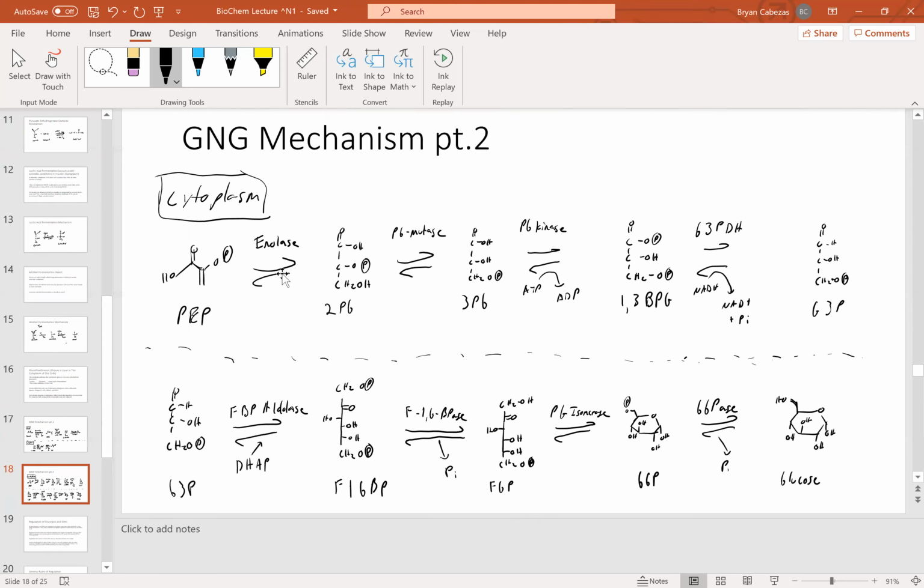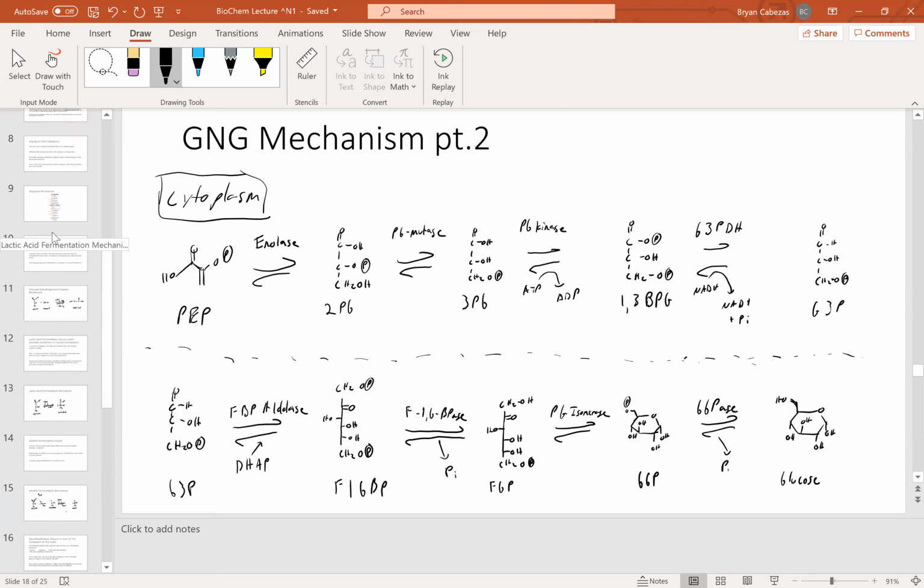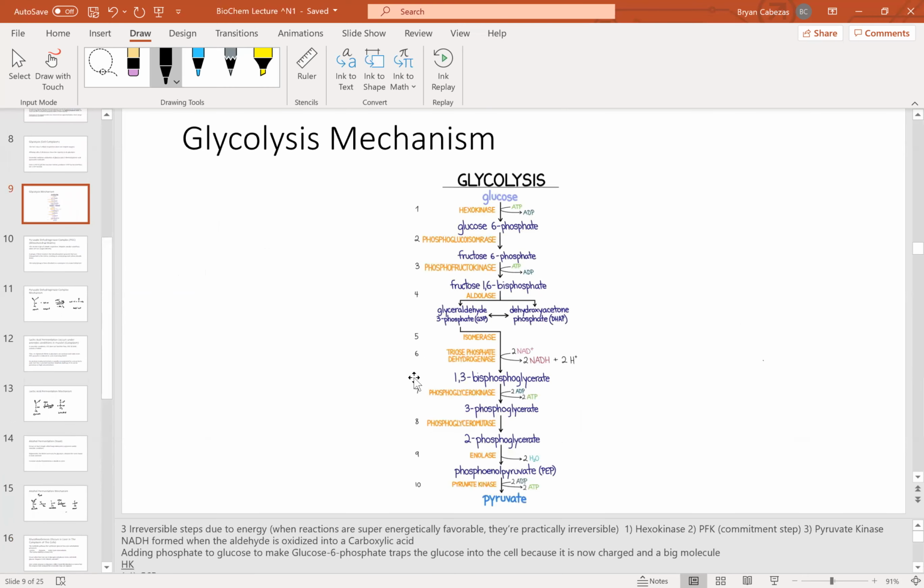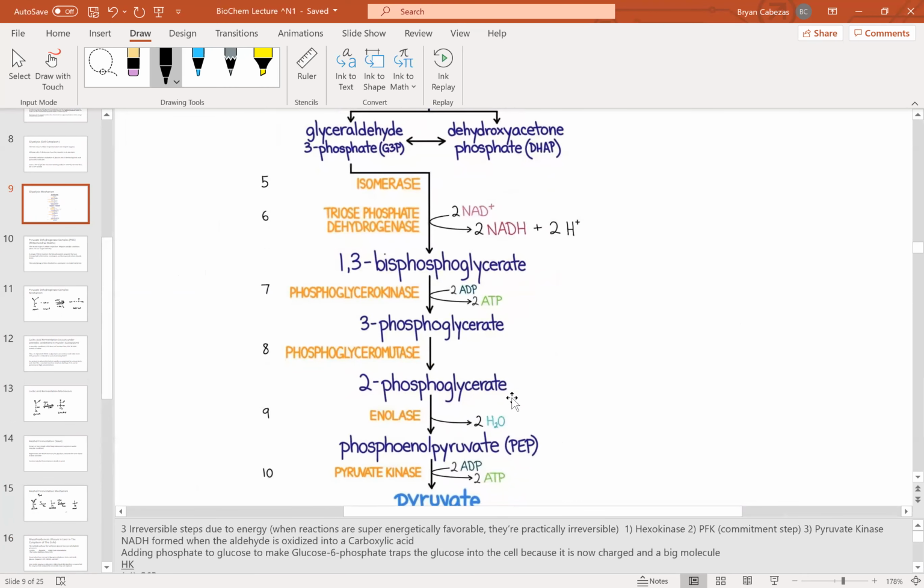Remember, an enol group is a double bond and then an alcohol, in this case we have the OH and OP. Enolase is going to remove that enol group, so you're going to have no more double bond, and have a 2-phospho... I think it's a glycerate. Yeah, okay. Who wants to bet? 2-phosphoglycerate. Let's go. Yes, 2-phosphoglycerate.